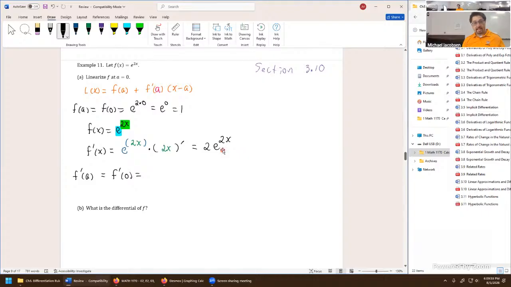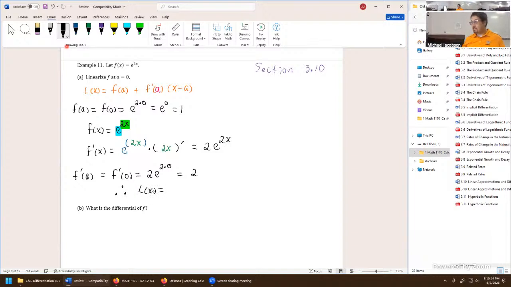That's the slope at any value x, but at 0, it becomes 2 times e to the power 2 times 0. That means it's just a 2. Since e to the power of 0 is again just a 1. Then we just put it all together. We can say, by the work above,